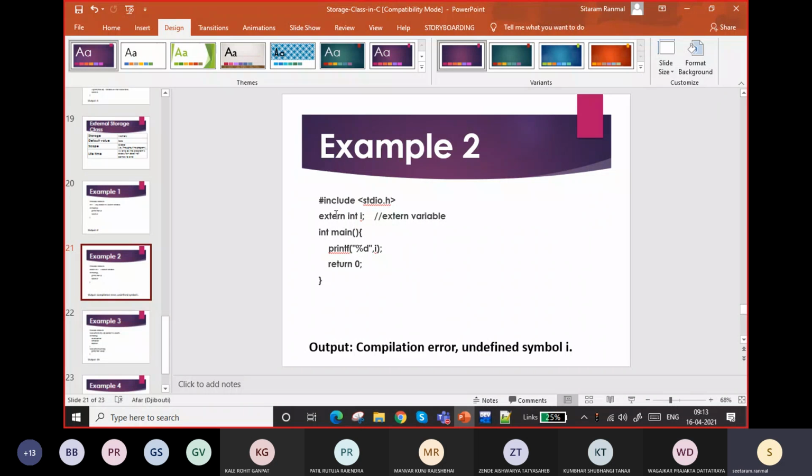If you go for the second example, you can give the extern keyword for this also. Main printf %d I. So this is available here. You can give the extern keyword also.